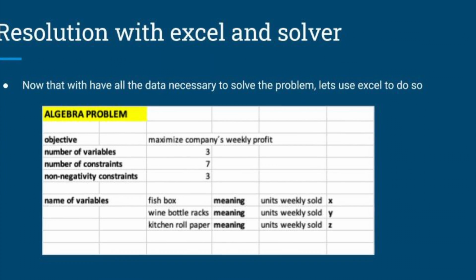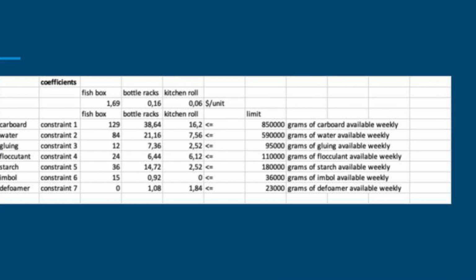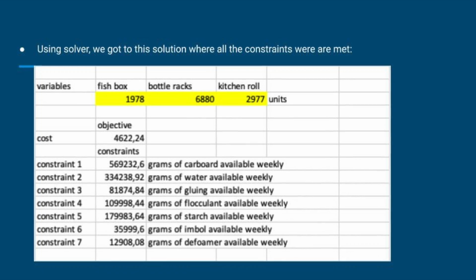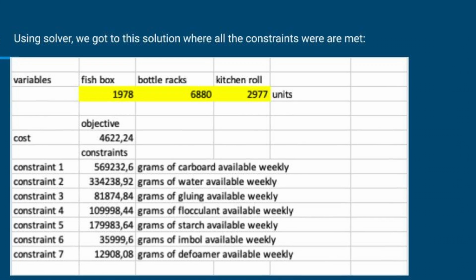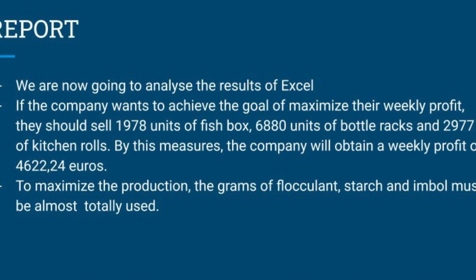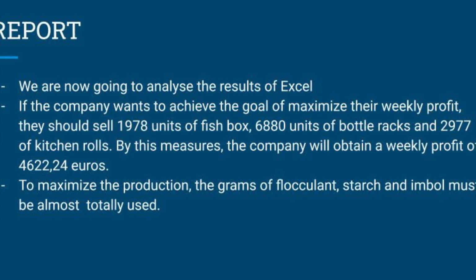We put on Excel the data, the variables, the constraints, the function, and we obtain a result where the constraints are respected. So it is feasible. We're now going to analyze the results of the problem. If the company wants to achieve the goal to maximize their weekly profit, they should sell